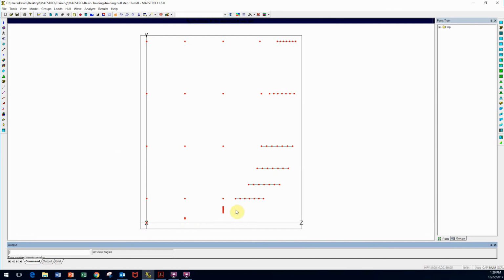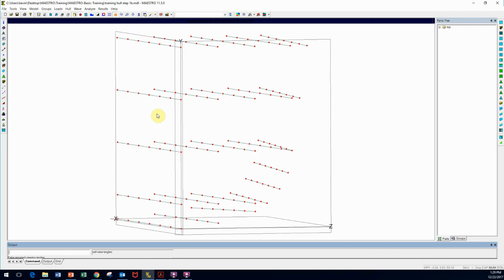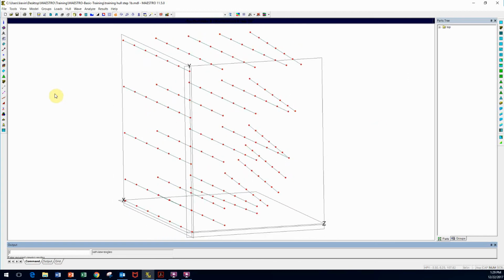Here's the center line, here's the shell, and as the shell changes, obviously going toward the length of the ship, because this ship does not have parallel mid-body. As you can see, creating endpoints is not difficult. They're all there. The mesh is done for this particular module. The next video will cover creation of